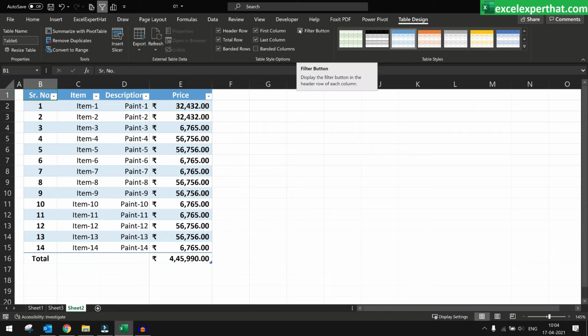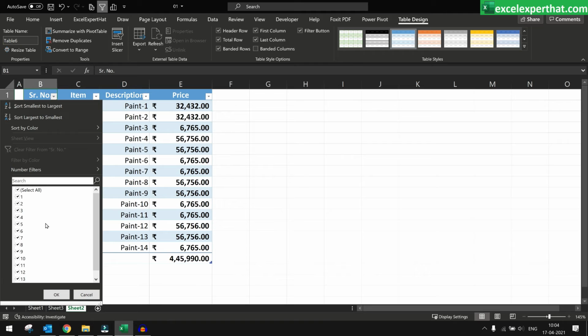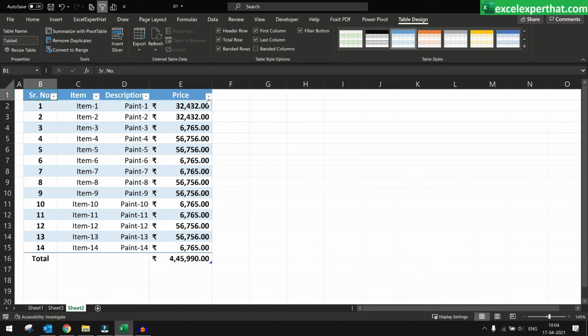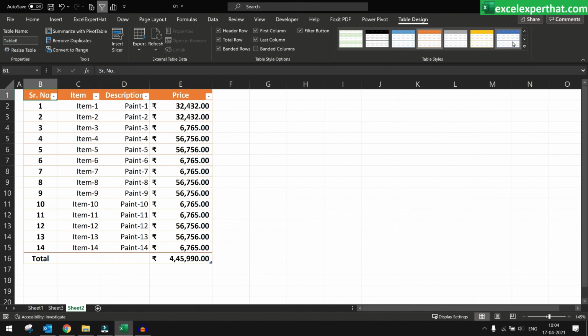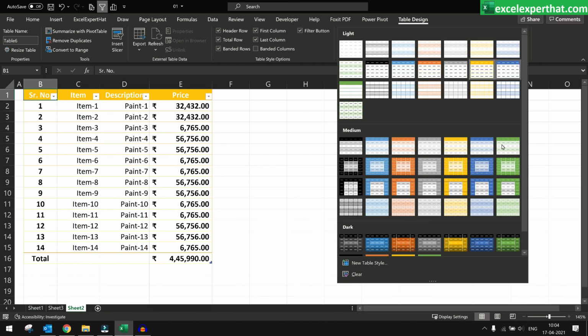Filter on and off button: you can see the table already has its default filter buttons. If you would like to remove them, you just click on the filter button and you can remove them. So this way you can utilize this filter button. Next and the last point of the table is the color of the table. If I click on the table and go to its color tab, or if you have multiple tables and would like to color them in different colors, you can utilize this tab. Here you have plenty of options of different colors. If I click on any color, you can see the table color is changing. So this way you can utilize different colors in the table.